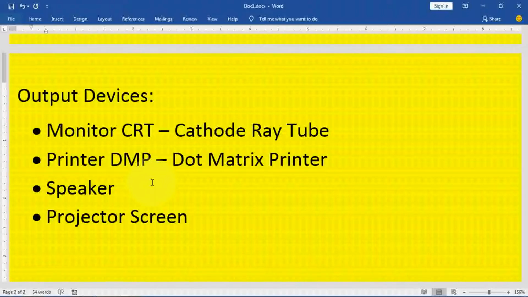This ink is not available for a longer time. After some time it will be erased and your paper will be plain, but for some time it will stay on the paper. So what is there in a dot matrix printer? They have a mechanism which generates a dot, and by those dots only it prepares the entire letter. Suppose we are typing P, then it comes like this. It will make dots and then print the letter. So that is called a dot matrix printer. Each and every letter is made by dots only.